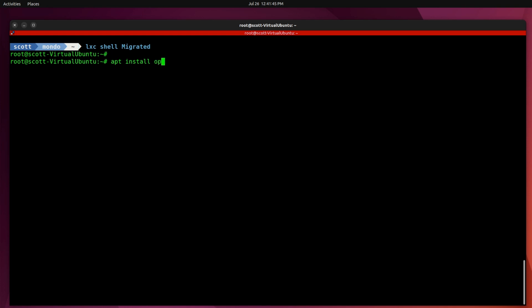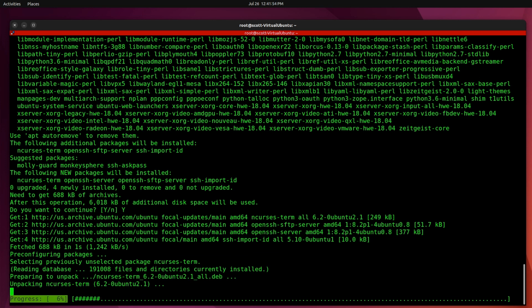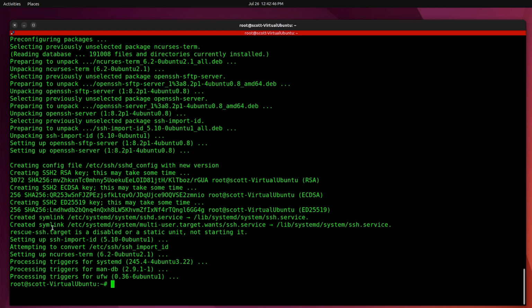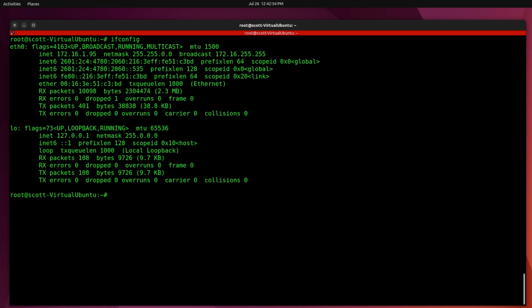openssh-server, because I want to have a way to connect to the machine other than connecting to it through the LXC console that we were just using. Now that SSH is installed, we'll do another ifconfig, and we're running at